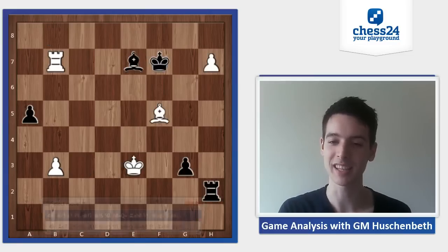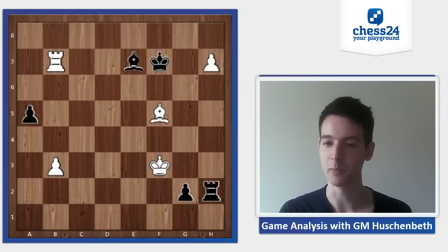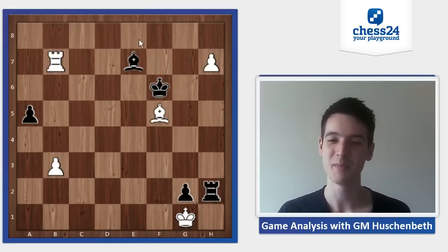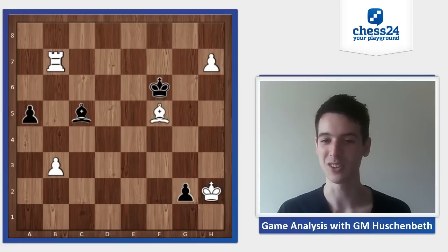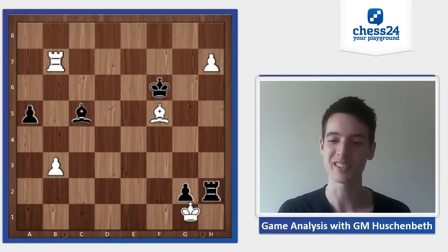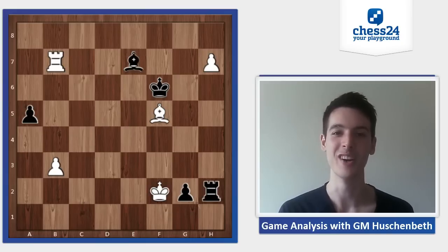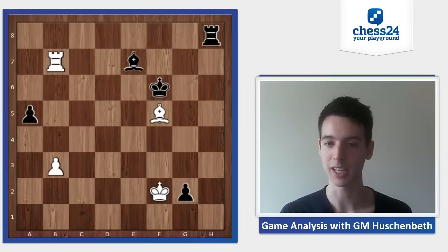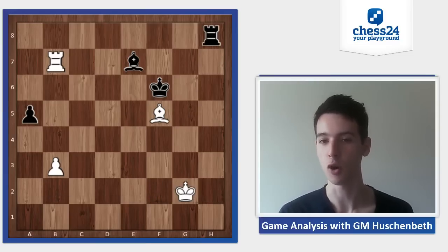But I could play king f3 here, and I actually missed that here I can't play king g1 anymore because, well, black is still getting a queen even though I win the rook. So that doesn't work. And I was panicking a little bit because I was like, oh no, I can't lose that now. But it's pretty simple here to draw it. I just played h8 queen, rook takes, and king takes g2. Offered a draw here, but